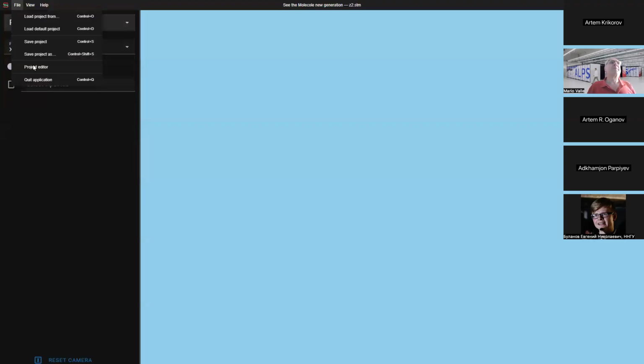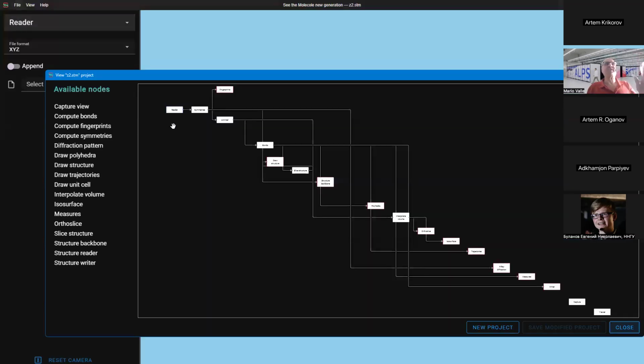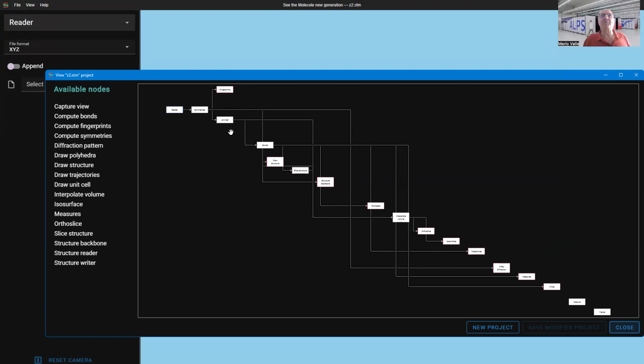Third use, project editor, okay. Why was the order this? Because in this menu, the order of the entries is what you see in this graph going from left to right and from top to bottom. So reader, symmetry, fingerprint, unit cell, etc., etc. Fourth use of the project,